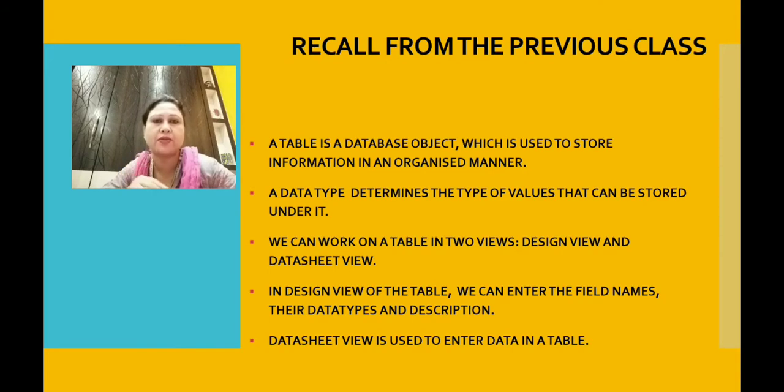For example, in a particular field, say roll number, from the name itself we can know that the values we are going to store under that field will be numbers. So the data type we are going to choose for the roll number field will be the number data type. Similarly, say you have created a field named name, or first name. We all know that a name cannot be a number. The type of data to be stored under the name field has to be text data type. Therefore we choose text as the data type under the name field.